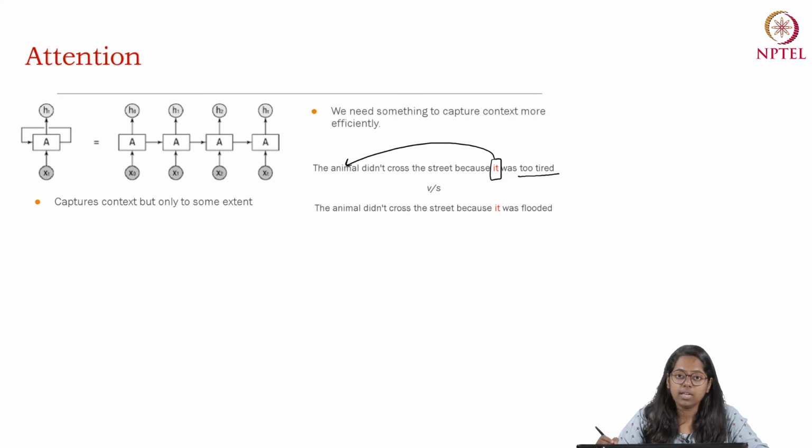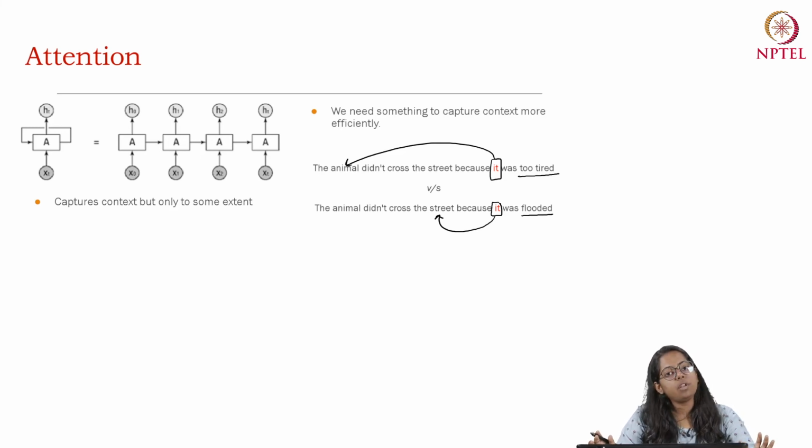Whereas if we see the next statement, then the word flooded is there in the statement. So the word it corresponds to the word street and not animal here, because animal cannot be flooded and street is flooded. But if we are to use a normal RNN without any kind of attention or any kind of weight over it, then each of the words present in the context, that is animal, cross, street, will be given equal importance